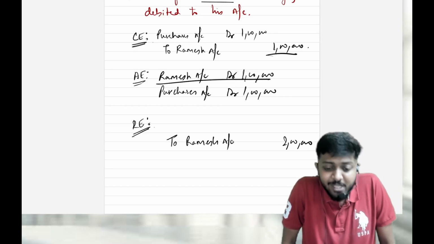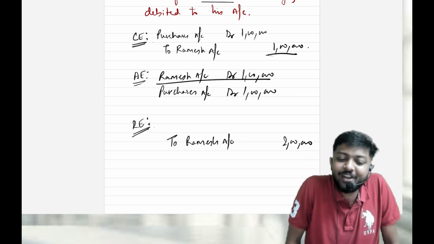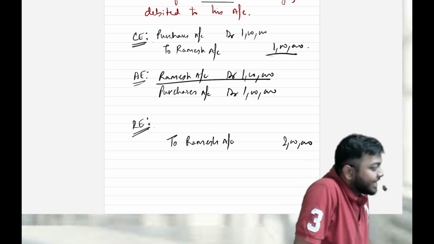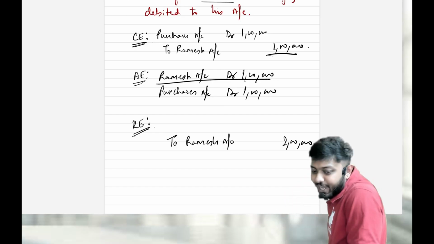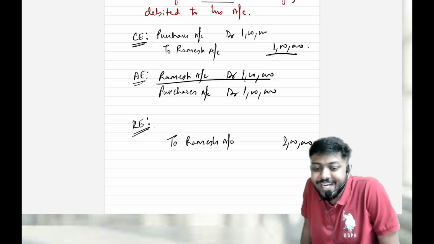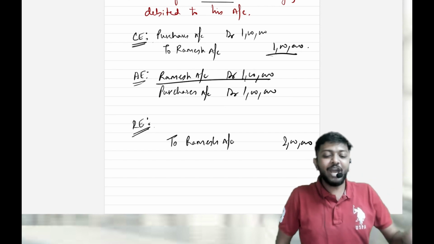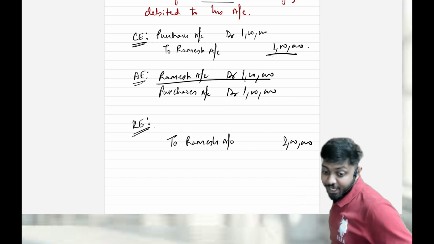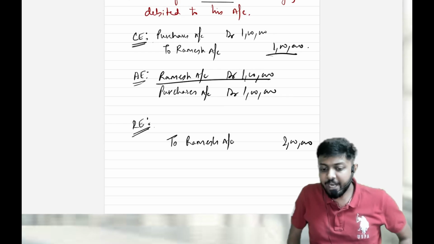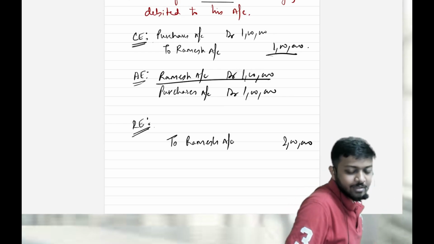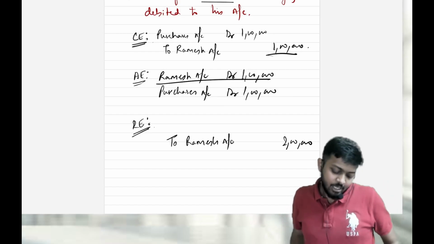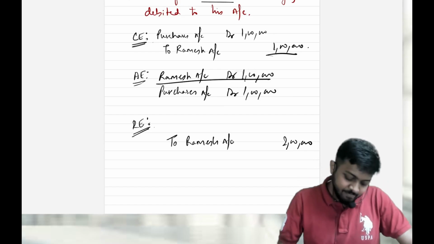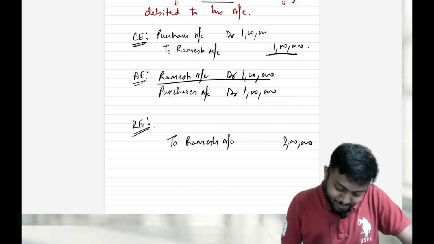Yes, but please understand one thing. It's a one-sided error, no? The mistake has happened only on one side. That's why it's called a one-sided error. How can you correct a one-sided error? By using a two-sided journal entry? 100% not possible. So what to do, sir, then? What you can do is, you cannot do anything. You have to just leave it like that.